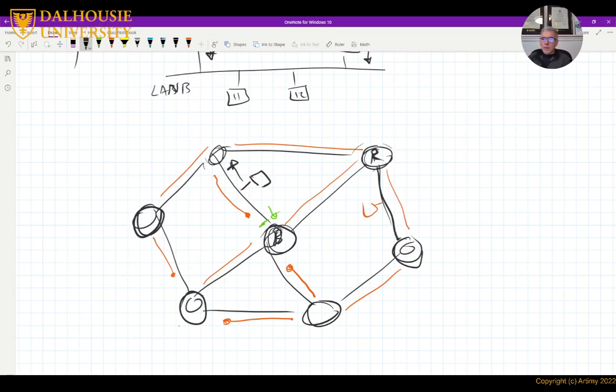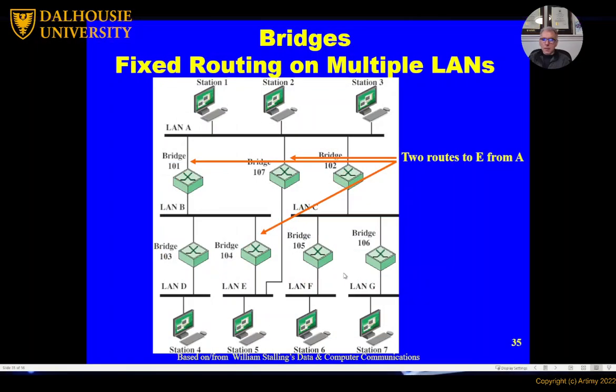All right, so let's go back to the slides and see. We have a situation here where, if you look at this line where I'm tracing my cursor, bridge 101, bridge 104, bridge 107 create a loop.